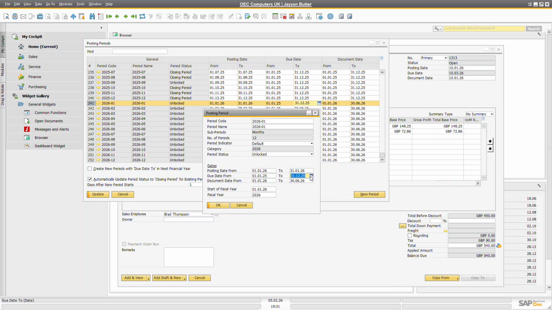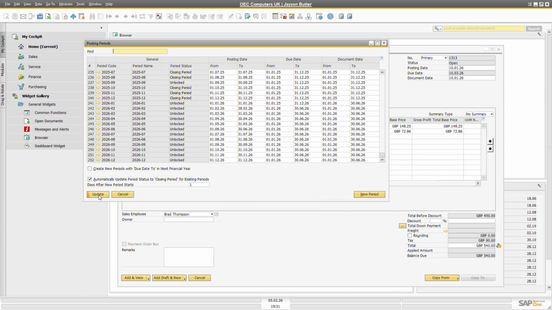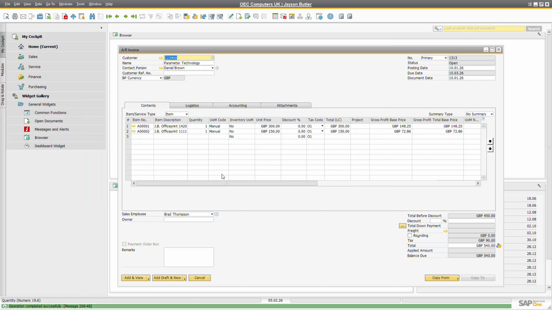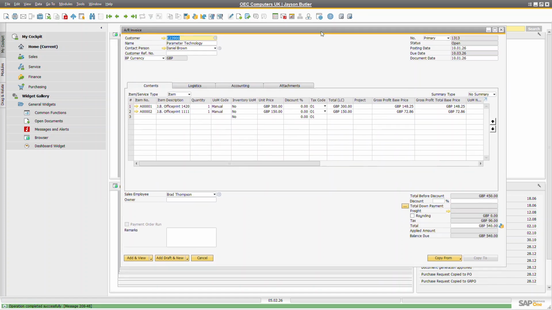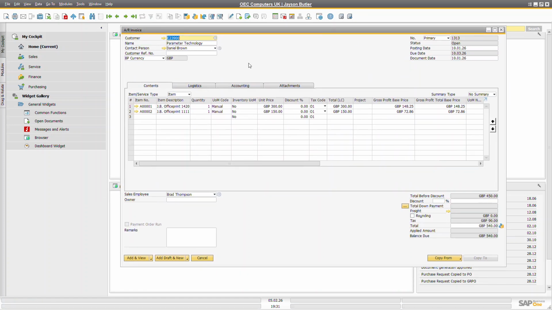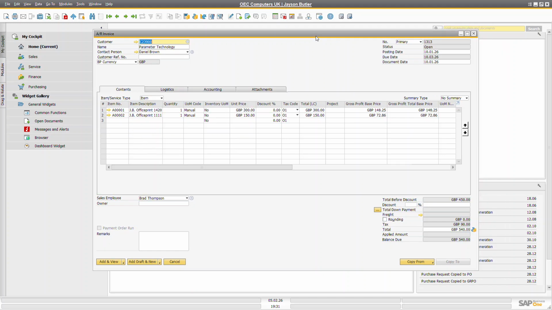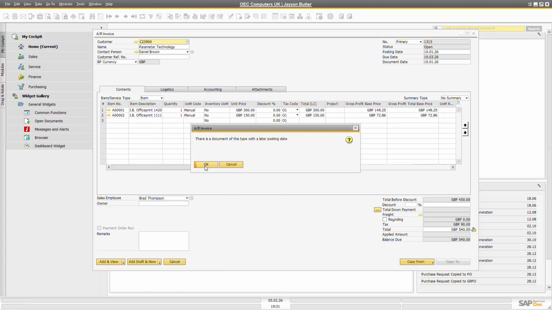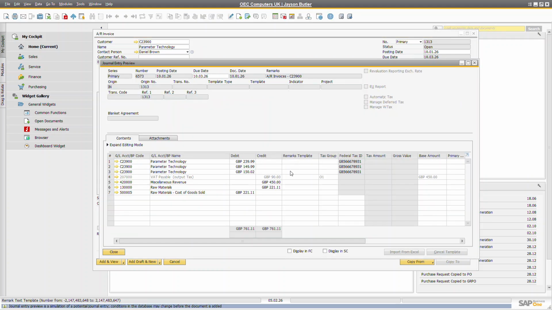All right, so to fix this, let's just change this to 2026 update. Okay, and we finally update this, and we click OK. So finally, if you happen to have maybe saved as a draft, you just need to recall the transaction from the draft and repost it. So here I'm going to try to preview the journal entry again, and you can see that the journal entry